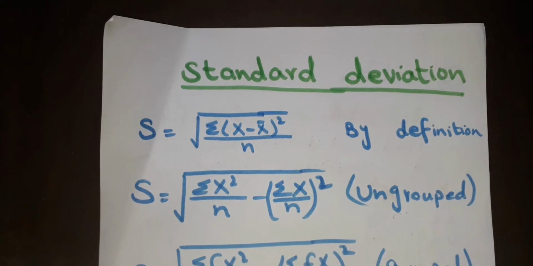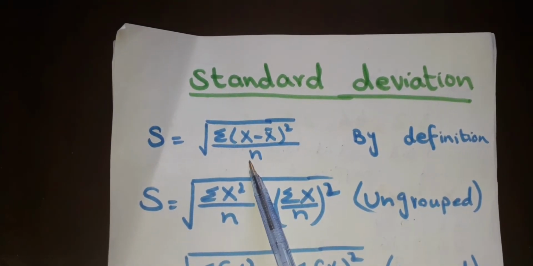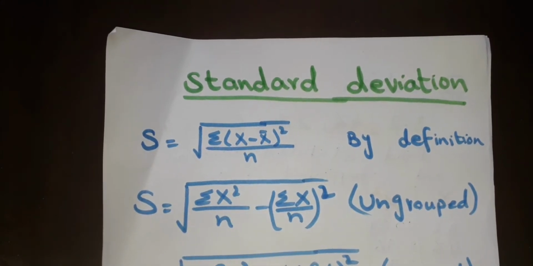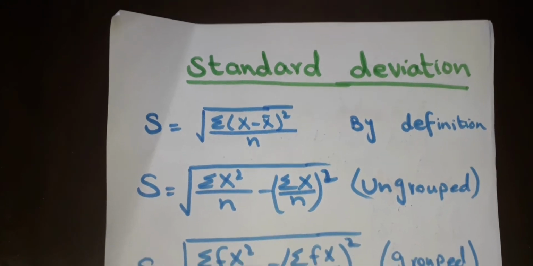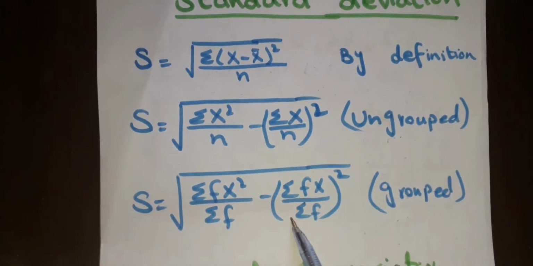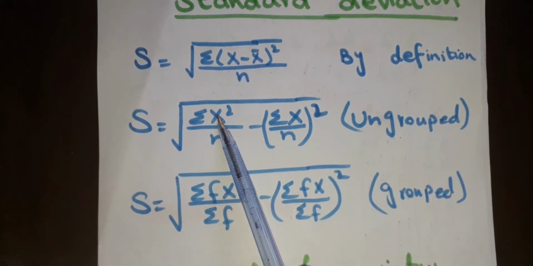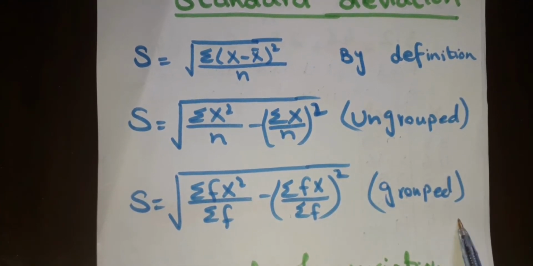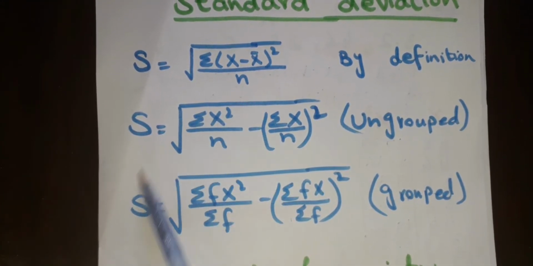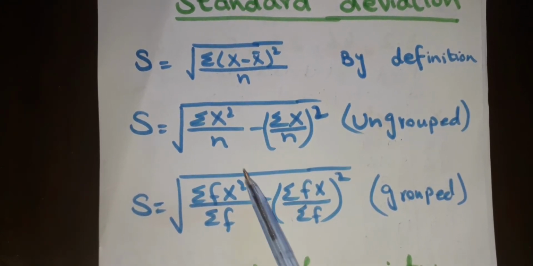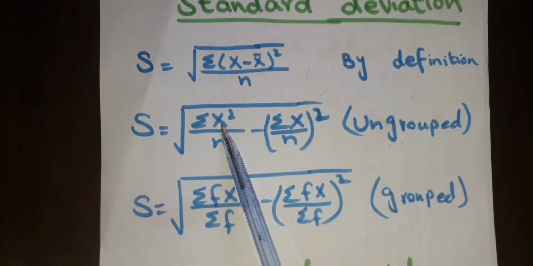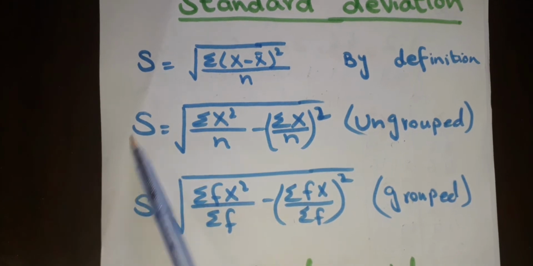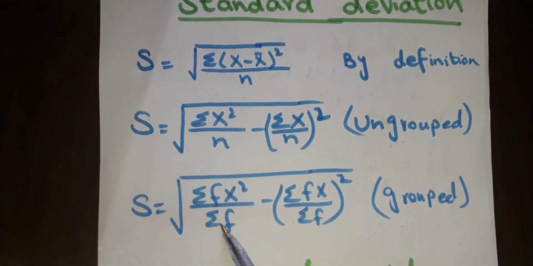Now students, this is the standard deviation by definition formula. S is equal to the square root of the summation of (x minus x bar) whole square over n. Both of these are the formulas that we mostly use. We use x for ungrouped data, and the other for grouped data. We use both of these formulas mostly instead of d or instead of u. That is very easy in calculation, but mostly used with both of these formulas.